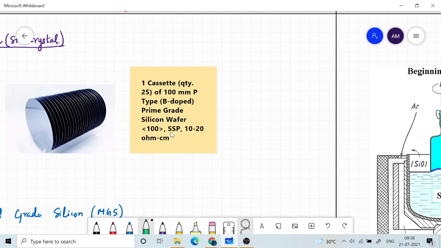Okay, and one more thing, it is said SSP. SSP means single side polished. Okay, so only one side of the wafer is polished here, the other side is not polished, because that's not important, right? Because we are going to ultimately fabricate the devices only on one side, and therefore there is no need to polish the other side. So polishing information, and sometimes they specify more other specifications, but these are the major specifications of a wafer. The size of the wafer, the resistivity, the orientation, the polishing information, and the doping material, whether it is p-type.